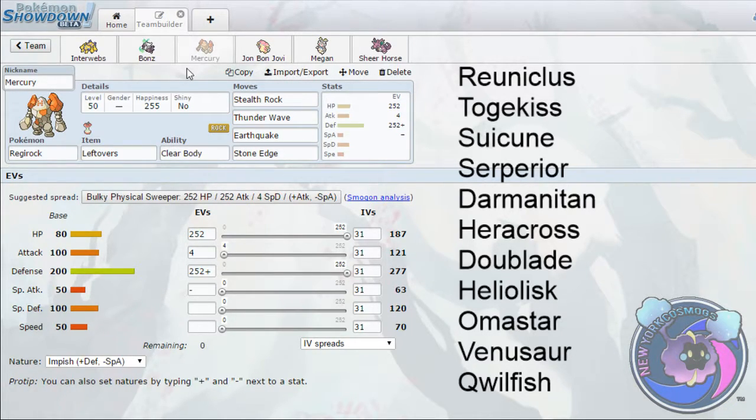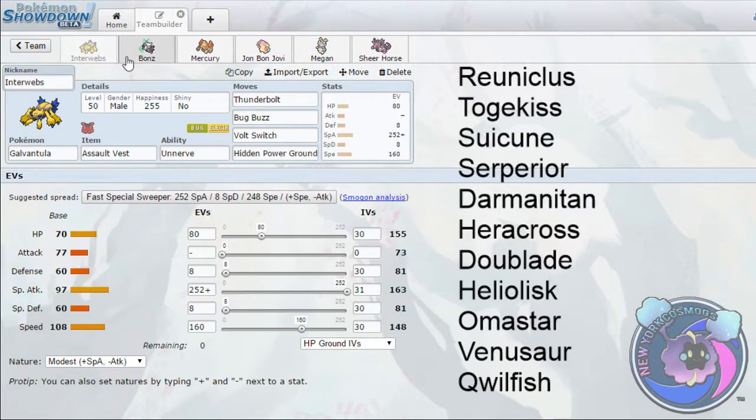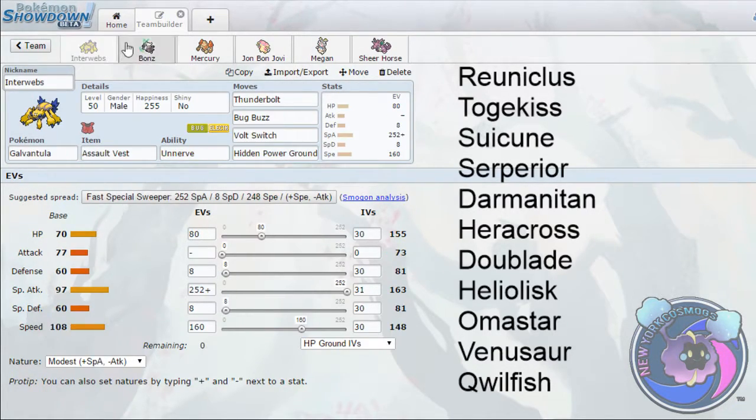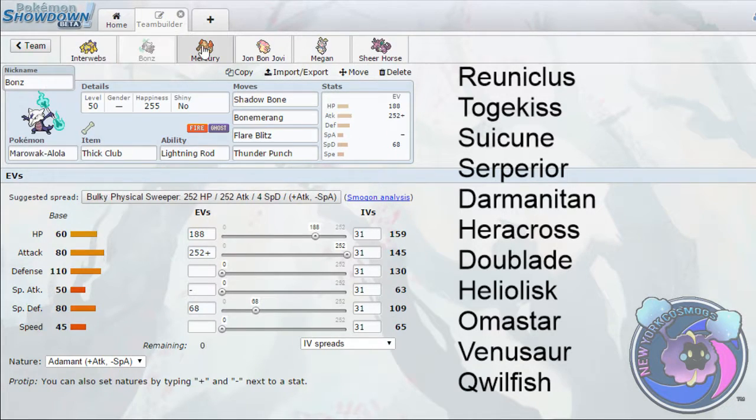Okay, so I looked at my team right now. Obviously, I was prepping this entire team just as I went. I'm trying to give you guys a feel for the process I went through for building this, so that you guys won't have to. I had these two sets pretty much set as soon as I decided to go, but